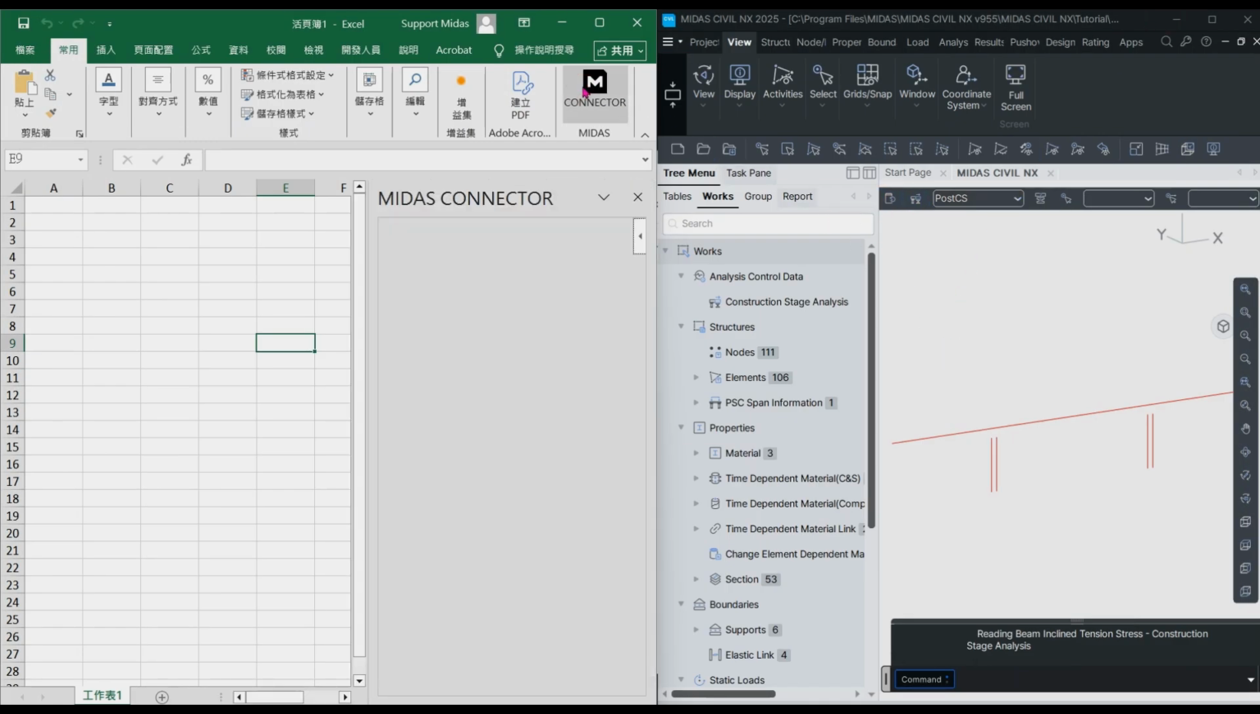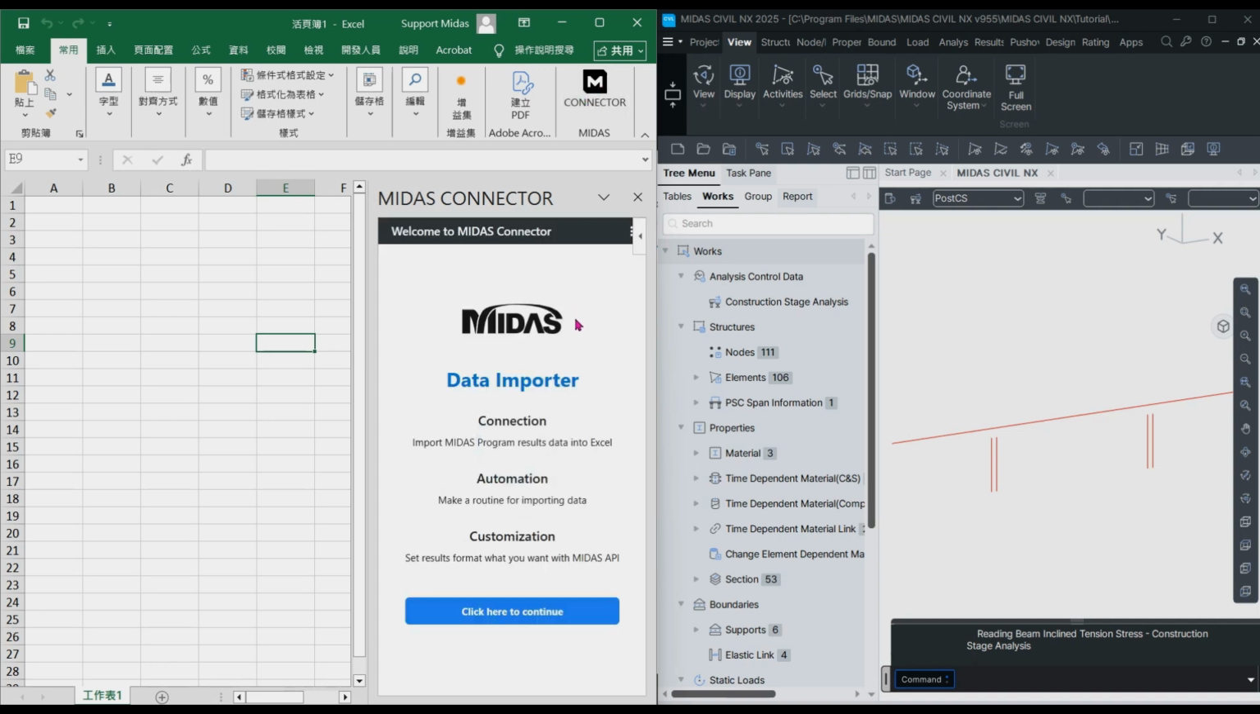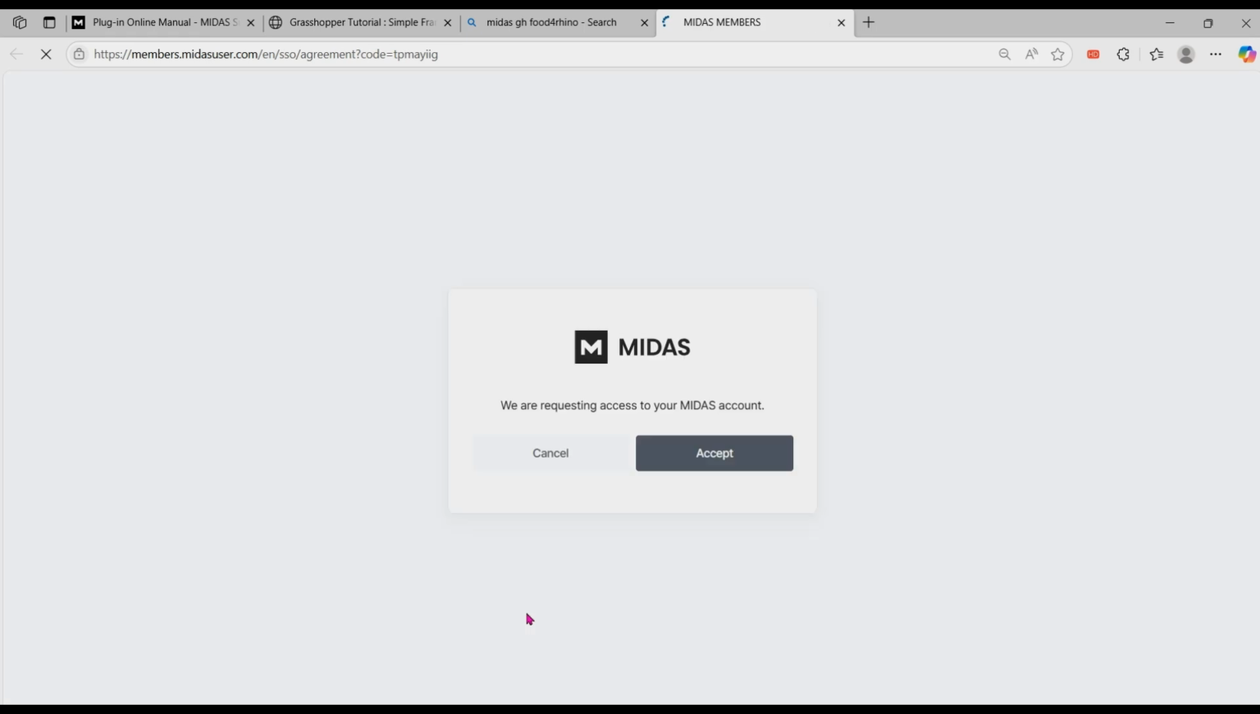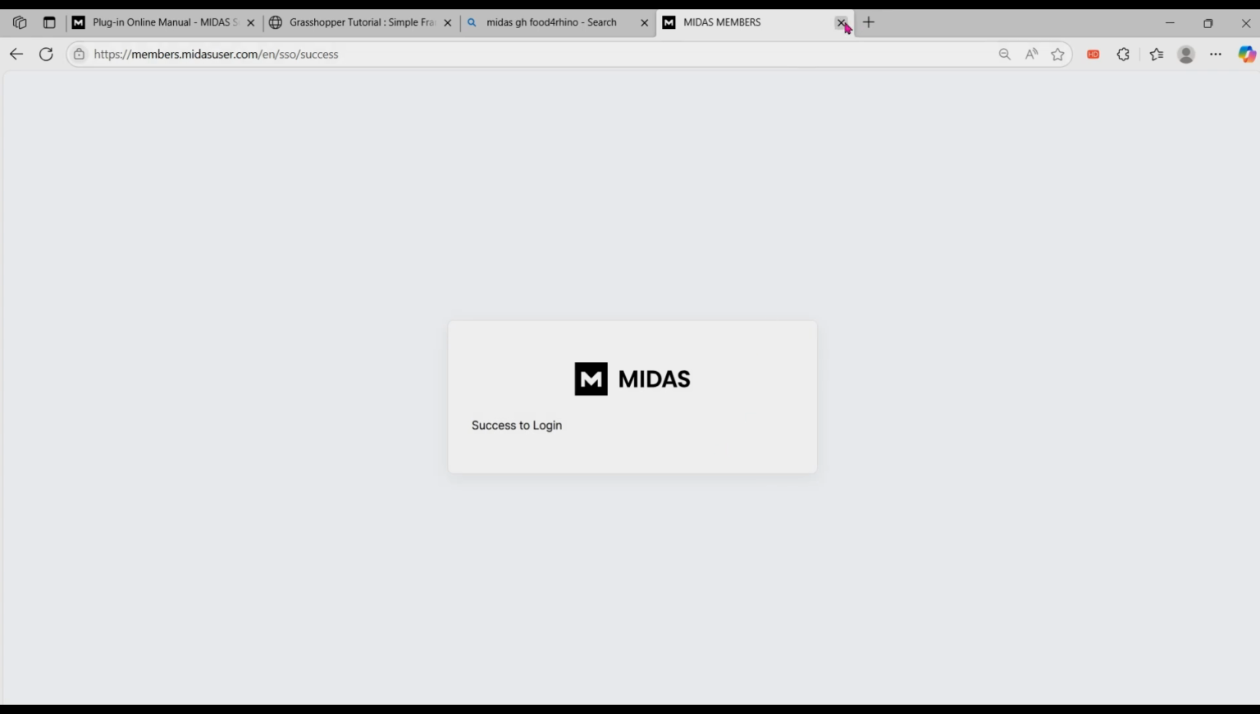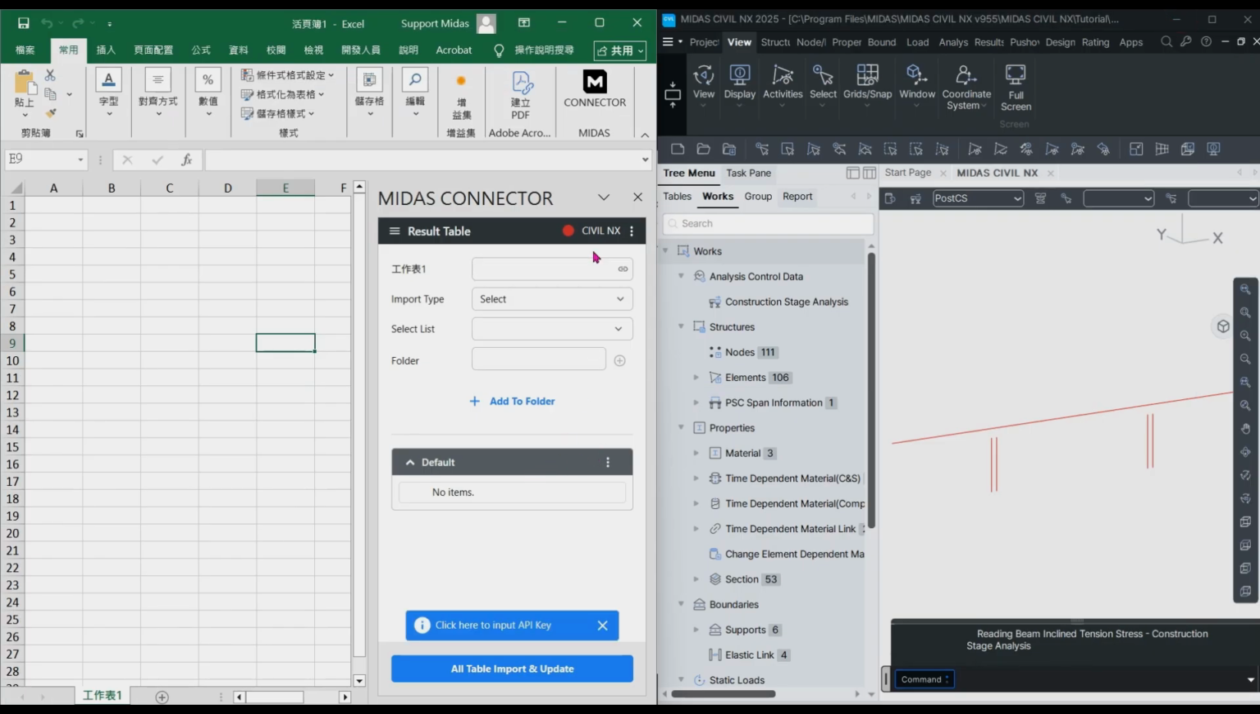Okay, so after you have that, you can just click here, and it will ask you for the data importer, the connection, automation, and customization. These are just the functions that the Midas connector has. You can just click here to continue, and they will ask you for your permission to use your account as the Midas connector